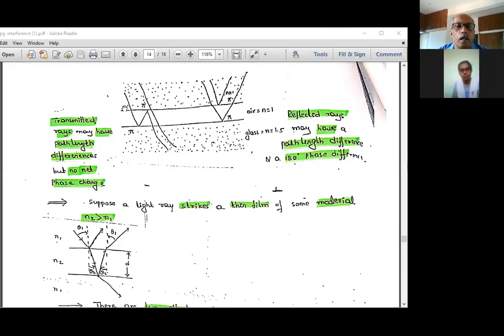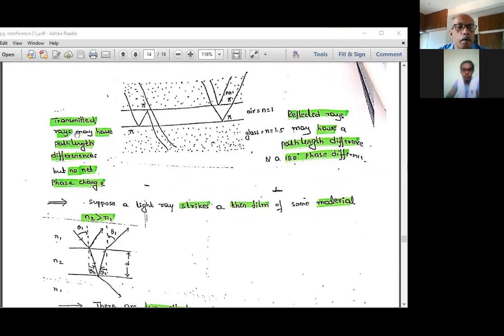So we have again considered a thin film kept in an air medium. We have two glass plates separated by an air medium. There is an air gap between two glass plates. Air of refractive index n, glass of a certain refractive index. Dots represent the glass medium, and in between is the air medium.